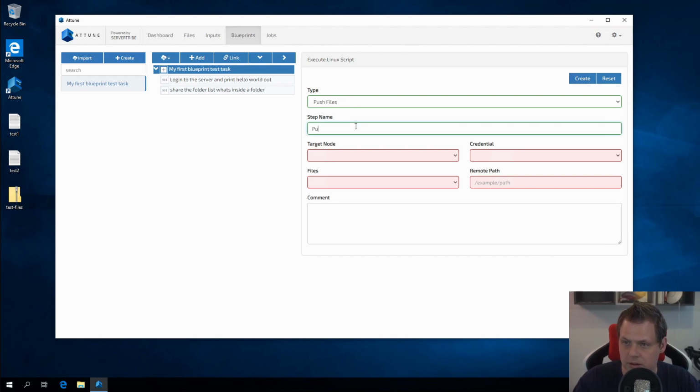The target node should be the test machine, and this is the root, and this is the files, and the path should be home and should be Paris, and that's it. So we can just click create,